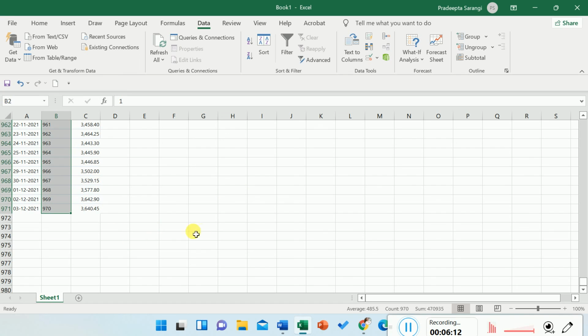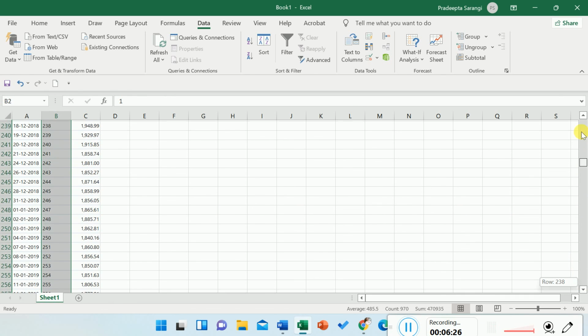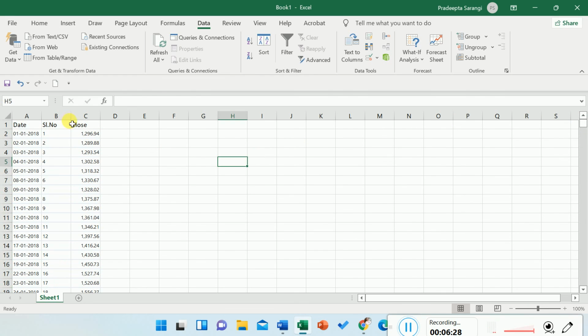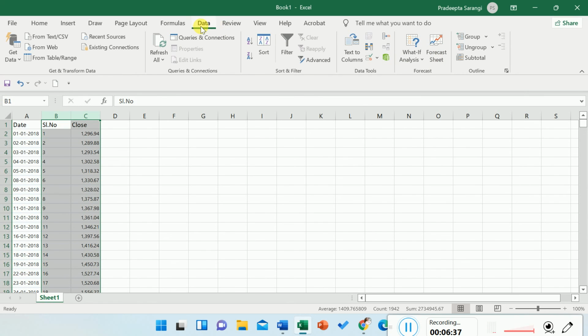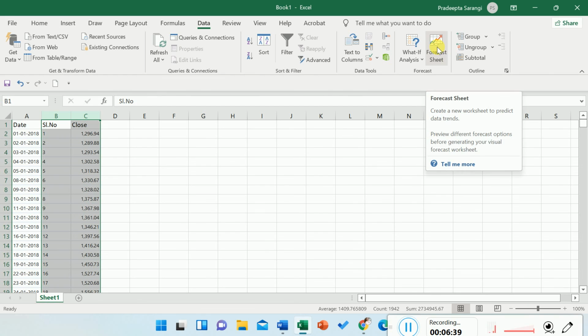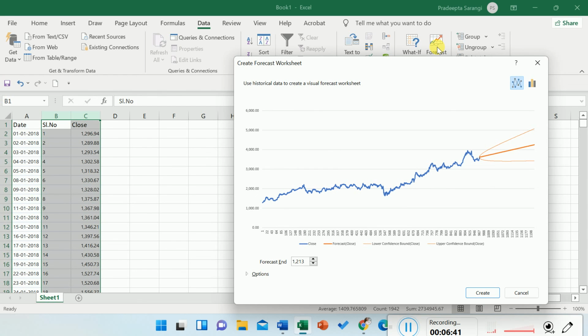Now using these values we will forecast. That means we will forecast based on this data what will be the value of the next trading day. So after 3rd December, the next trading day is 6th December. So let's check what is the value. First, let's select these two, apply forecast. This forecast sheet is available on the Data tab here. Then forecast. Now we get data.